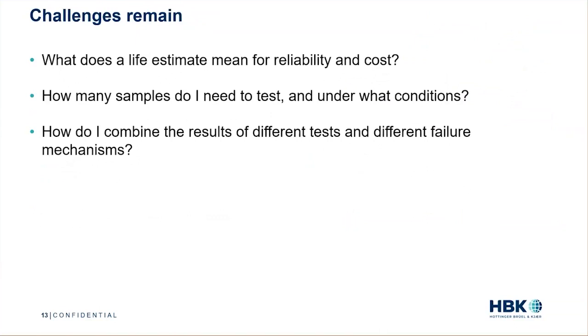Furthermore, how many samples do we need to test, under what conditions, or what kind of test can we run in order to verify that we actually do see that reliability behavior, that our reliability behavior is acceptable? And then, given the results of different tests, given the results of different failure mechanisms, how do we combine them to get an understanding of the whole pack, not just one equation or several equations outputting numbers that are greater